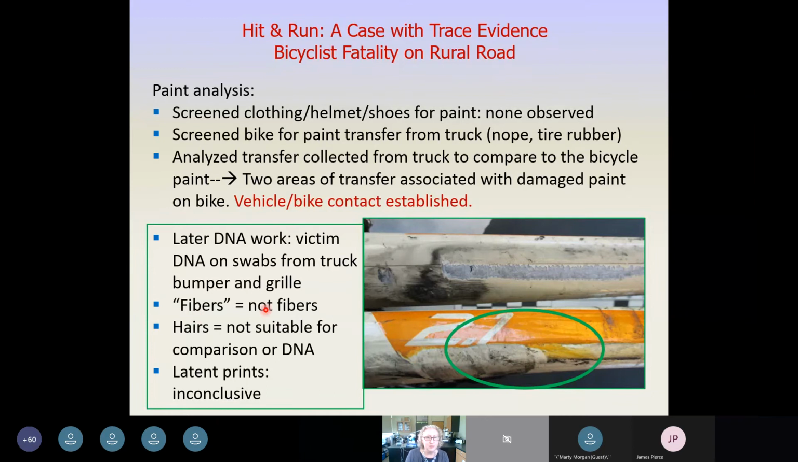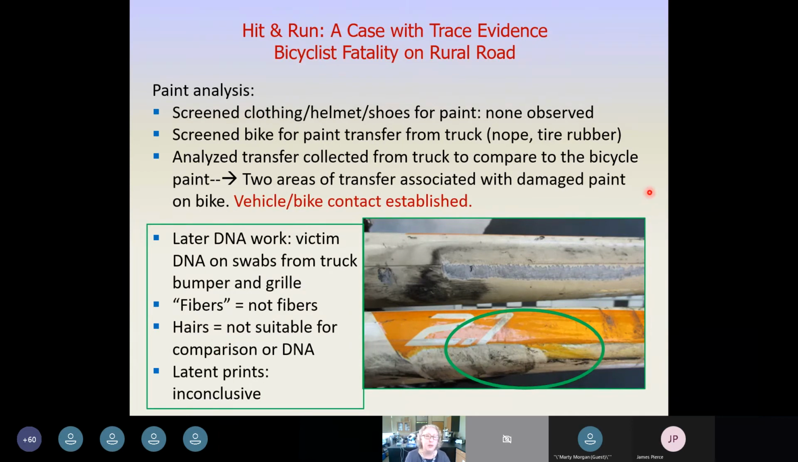The fibers turned out not to be fibers. I believe they were like plant seed fibers, not like clothing fibers. The hairs turned out to be hair fragments, which were not suitable for any further work, and the latent prints were inconclusive. So, I love this example because when the evidence is first collected, there's really no way